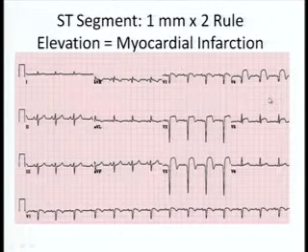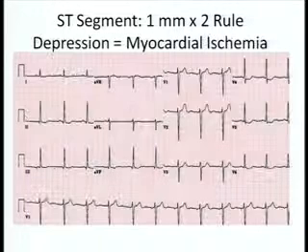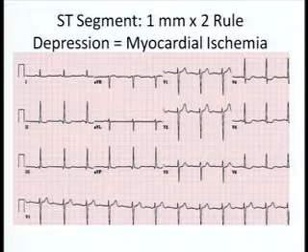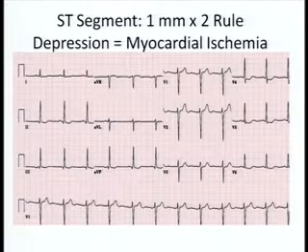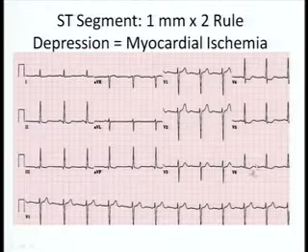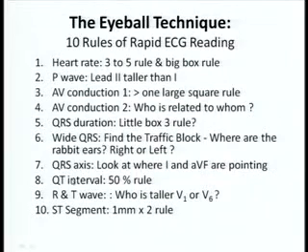Two contiguous leads is myocardial infarction. ST depression in two contiguous leads is myocardial ischemia. So if you identify this, very quickly you can use the other rules to come to this conclusion again. So I call this the eyeball technique, the 10 rules which you need to apply to very quickly